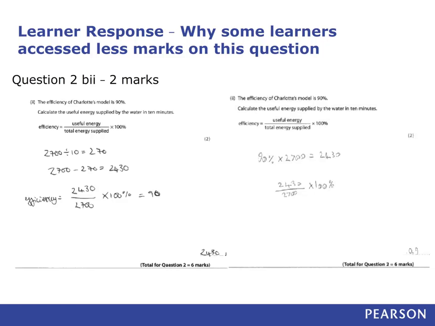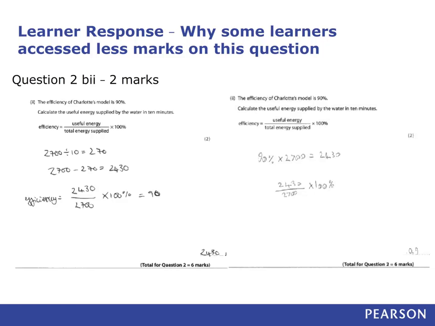Learners found the second calculation, calculating the useful energy, much more difficult, as they were required to rearrange the equation for efficiency that they were given, to be able to then calculate the useful energy supplied by the water. Learners did not always calculate the value in the expected way. However, full marks are always awarded for the correct answer on the answer line, as in the first example on